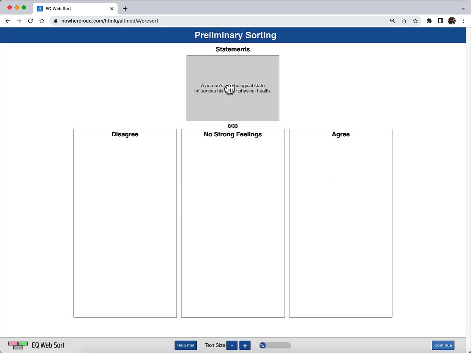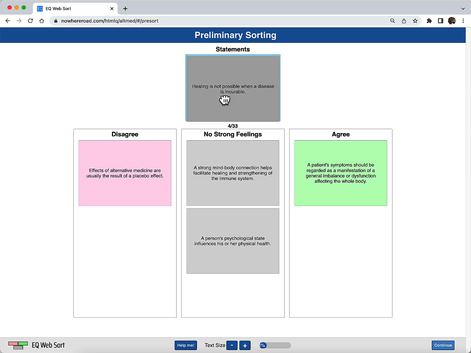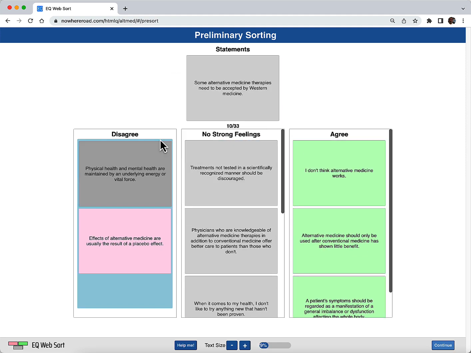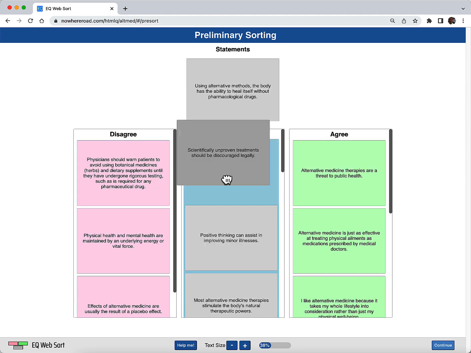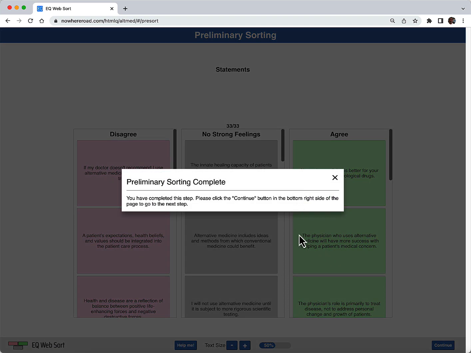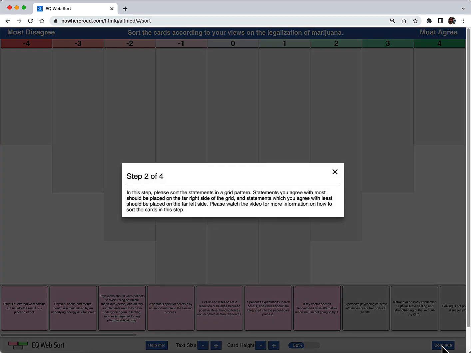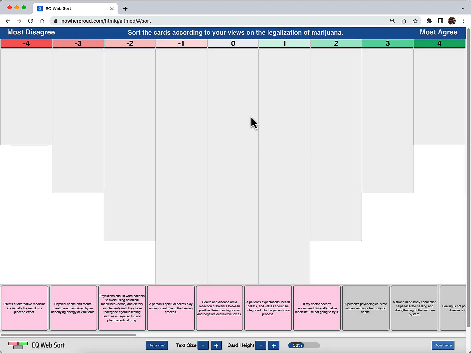And I'm going to do this really fast, so don't pretend like I am actually reading these. Okay, as you can see, the preliminary sorting is complete. And I'm just using the continue button to move on. And now comes the actual sort itself. So here we go. And you can see the entire grid is right here in front of me,